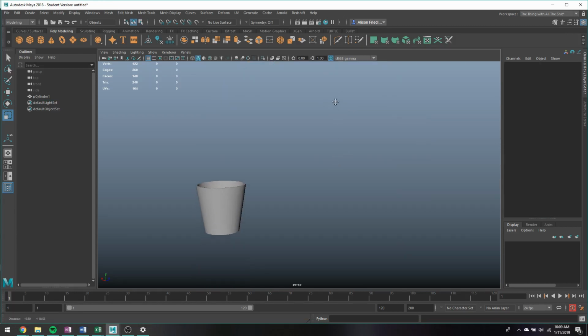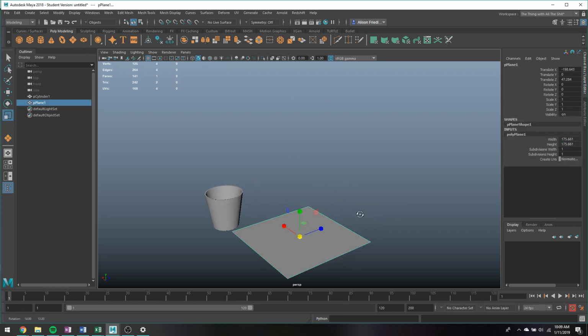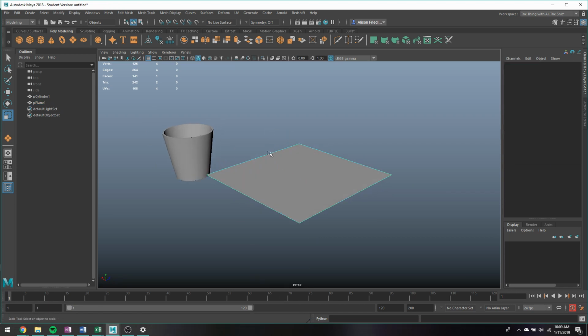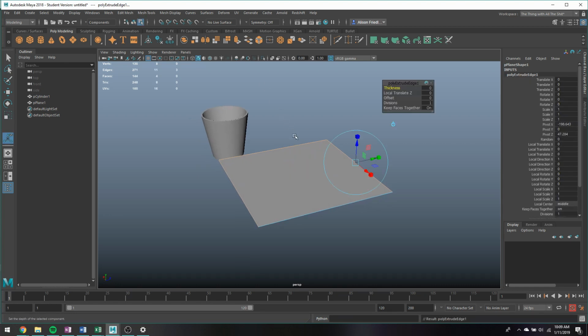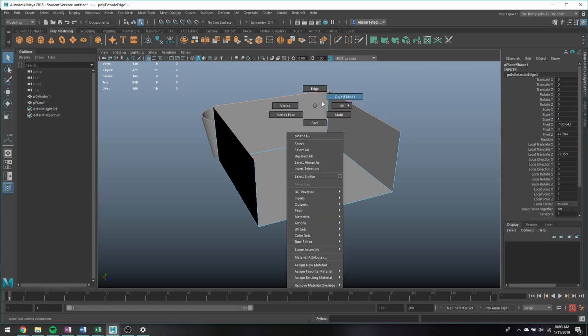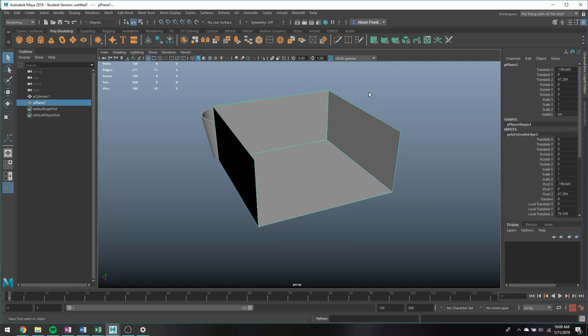But yeah, that's basically extruding. You don't necessarily need to extrude faces. It also works with edge loops. So say I wanted to make a little 3-walled room or something like that. I'll just select the edges and extrude them up. And it also works on objects as well, which is one of the main reasons I end up using the extrude tool. So if I take this whole object and I extrude it,